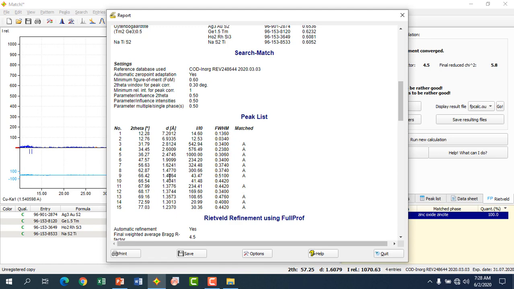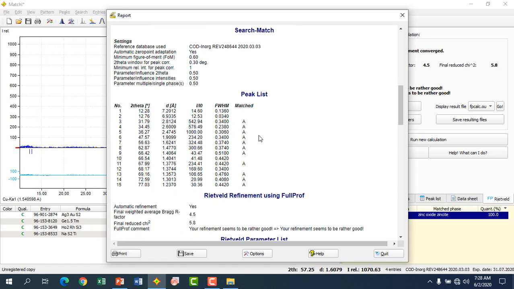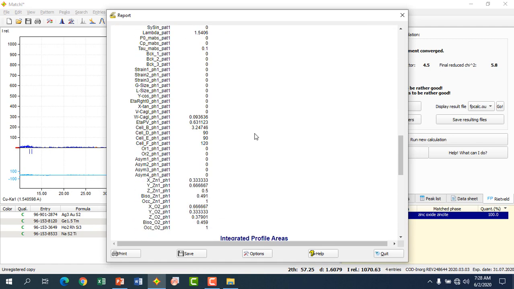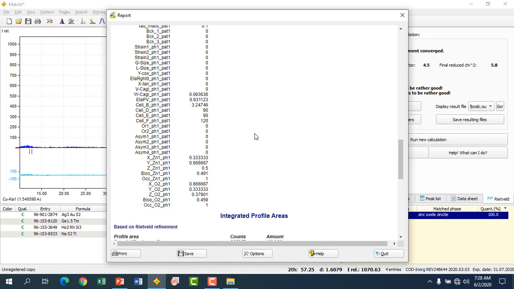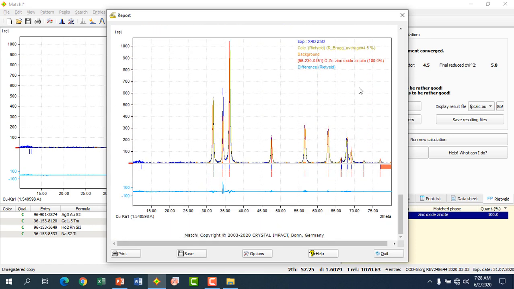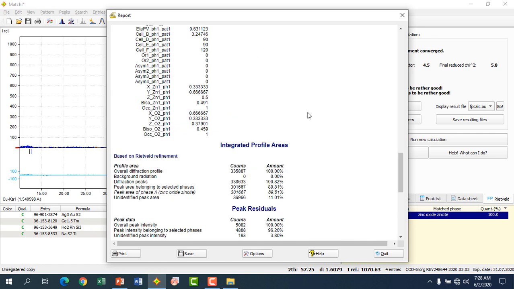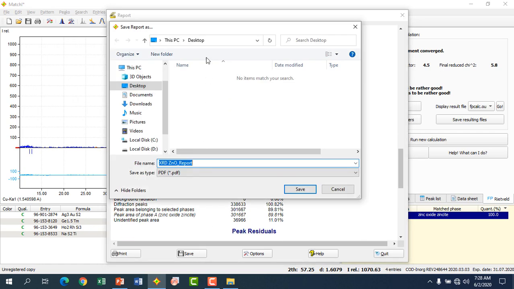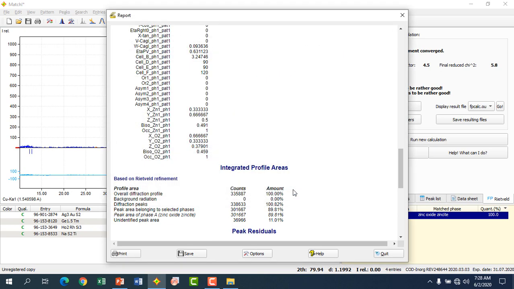All the details we can get from the phase match analysis, and Rietveld refinement analysis also we get. Here, the final image comes like this. Just save this file: click the save icon, select the location, and save it.